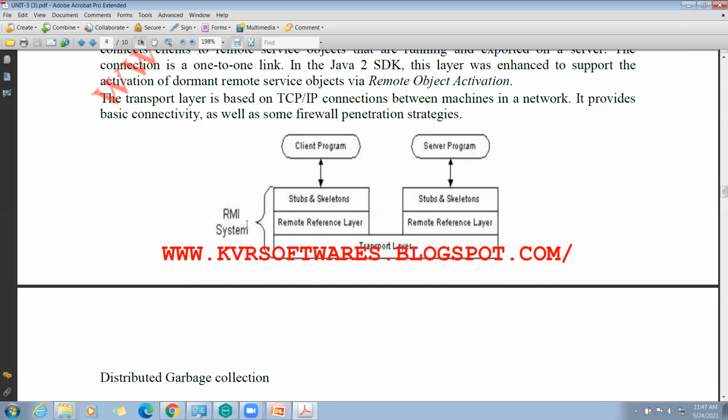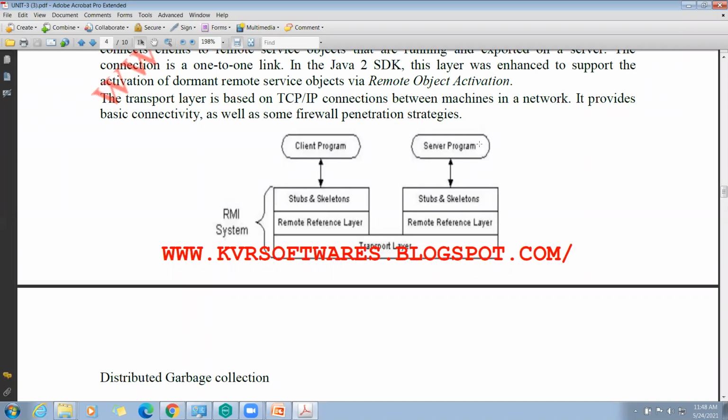Here, the object-oriented equivalent of remote procedure calls with the support of direct transfer of serialized objects. See, this is the RMI system. Left side is the client side program, and this one is the server side program.